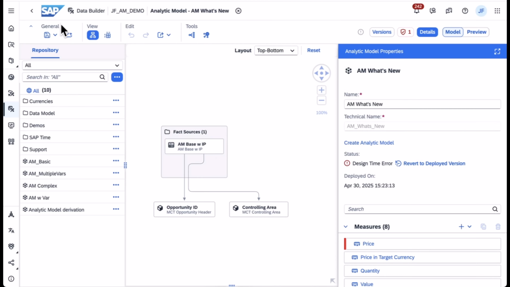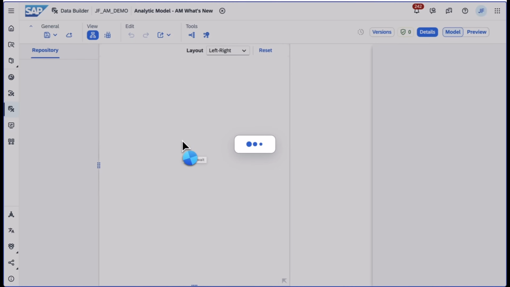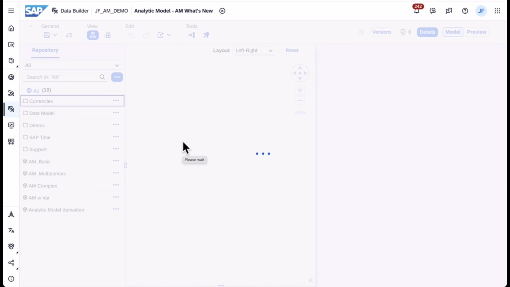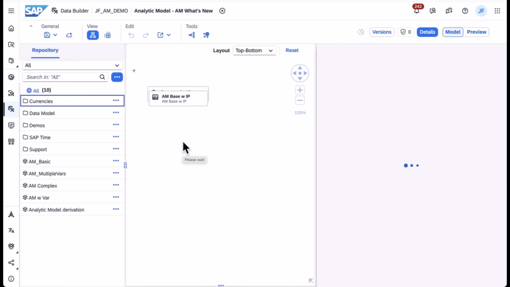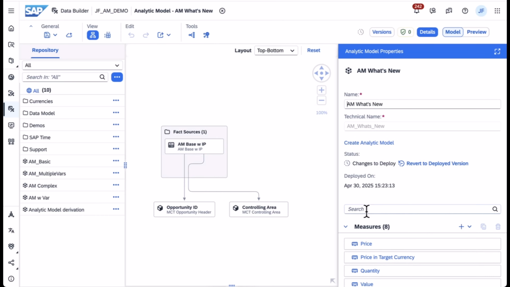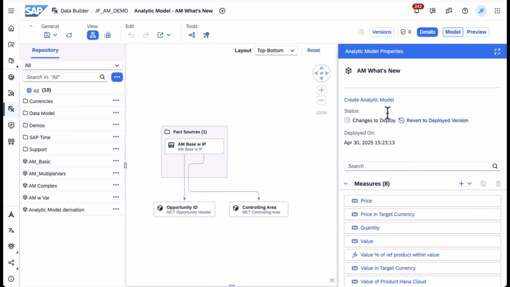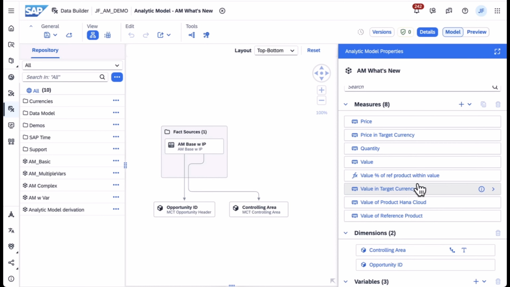So when I refresh this here, the errors should go away, and the status is as expected. By virtue of refresh, it's reading this updated metadata, but there are changes to deploy because the definition, so the price is back in as before, but now the definition of that value in target currency,